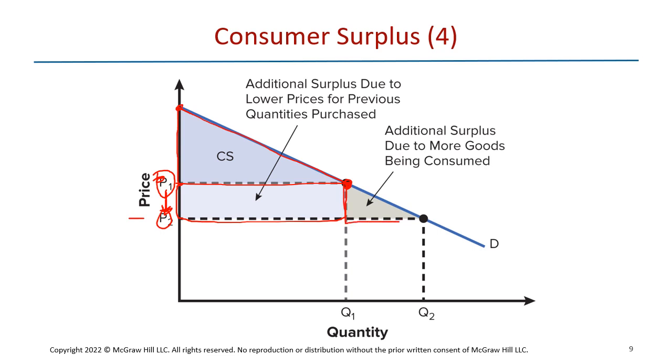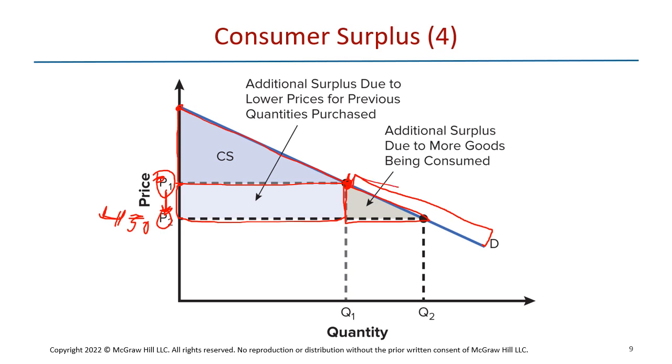This little triangle here represents the new customers who are now going to be able to purchase a television. If someone was right here and that was their lowest amount, there are going to be all sorts of people here who would be willing to buy a TV. This part of the demand curve represents everyone willing to buy a television, but at price point 1, it was just too expensive. But at a price drop down here to price point 2, which I think we said was $450 in our makeshift example,